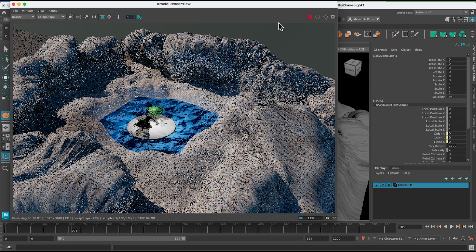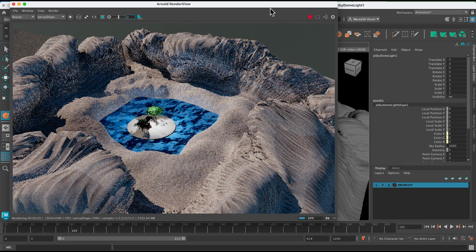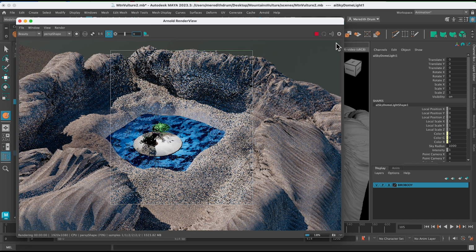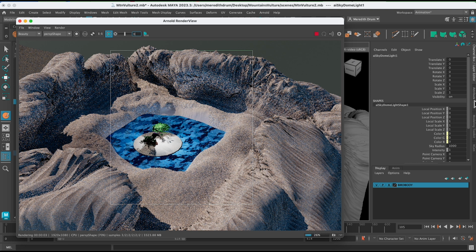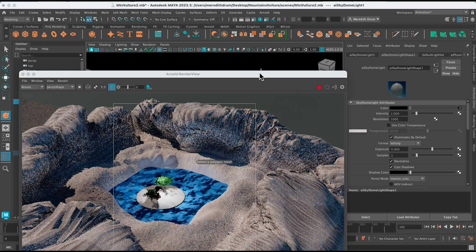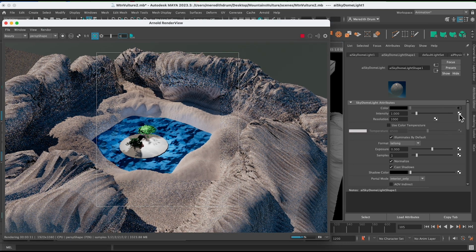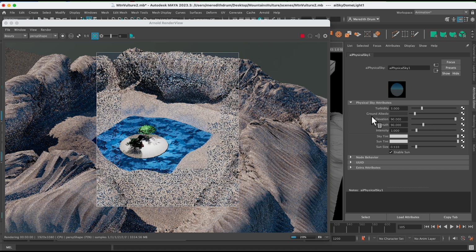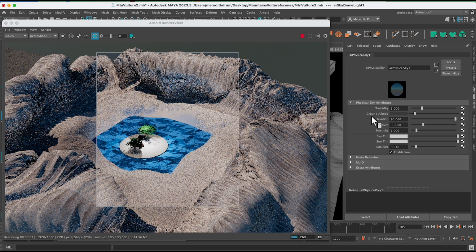By the way, just to talk a little bit about the sky dome light, I'm going to keep that open. I'm also going to just render a portion as opposed to the whole thing. And I'm going to look here in the sky dome light settings, so have it selected. You can move that out of the way and select it if you wish, but I have it selected. And then you can see in the color that I've got an AI physical sky. If I go in there, I can see it. So you can change the elevation if you wish. Right now it's at a midway. If I bring it up to 90, it's more like noon, right above. If I bring it down to 25, it's more like sunset.